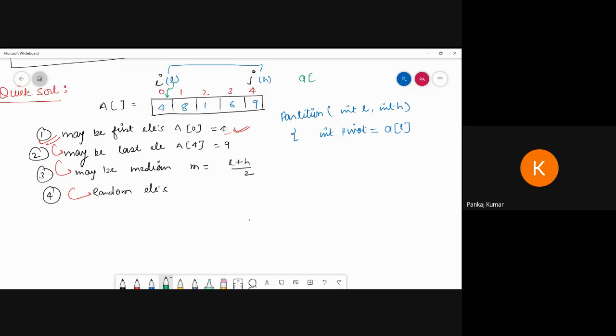What is the value of A of L? We don't know right now. So for that purpose, I am defining int i equal to L, int j equal to H. That means the i value becomes L and the j value becomes H. So this i value becomes 0, so the pivot element becomes 4.